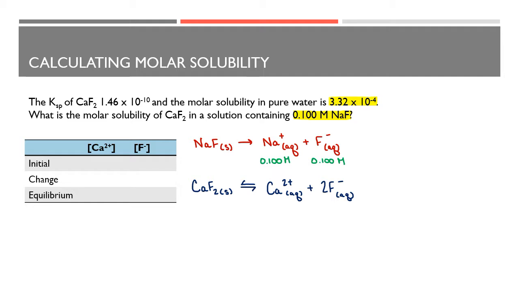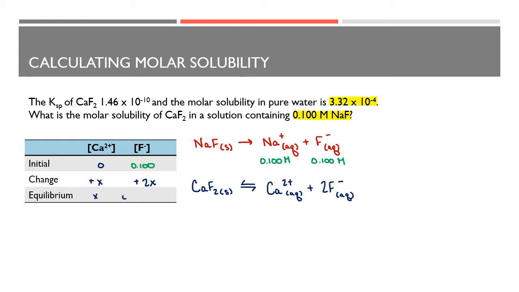So what we'll do now is fill in our ICE table. We have to be very careful when we fill this in, because we initially have 0.100 molar fluoride ions already in our solution, so that's going to be part of the initial concentration. Now we don't have any calcium ions in the solution, so we'll put a 0 there. The change will be exactly the same as what we're used to dealing with. We're going to add plus X for the calcium and plus 2X for the fluoride, and then we write our